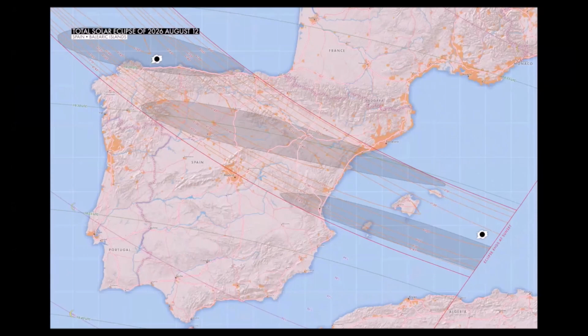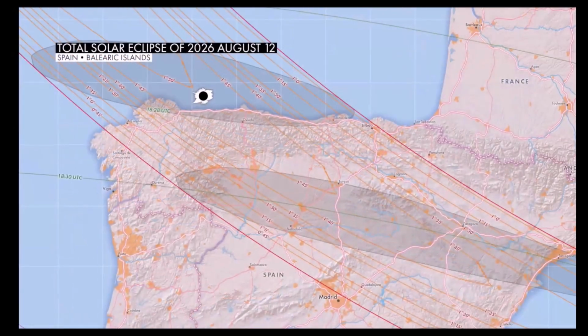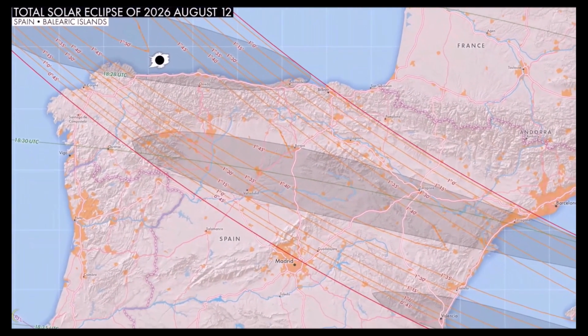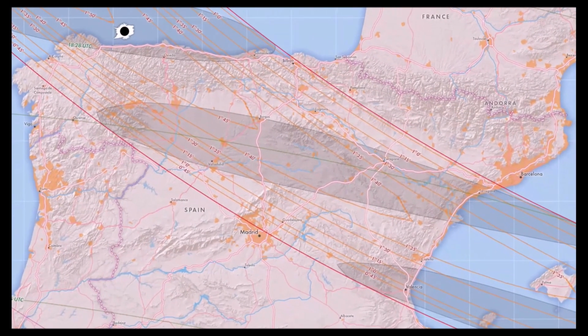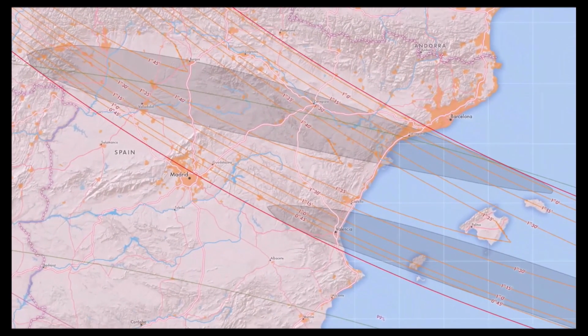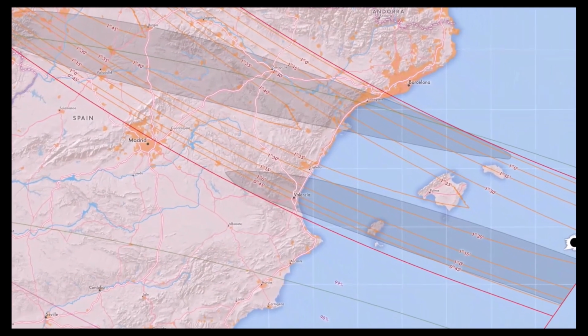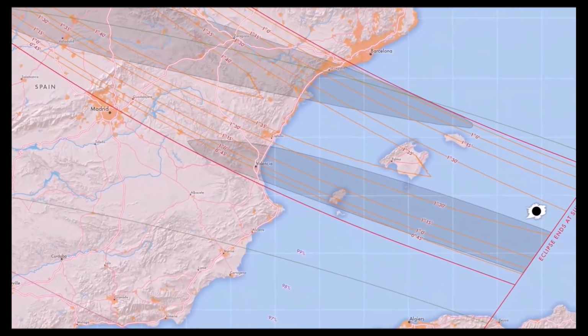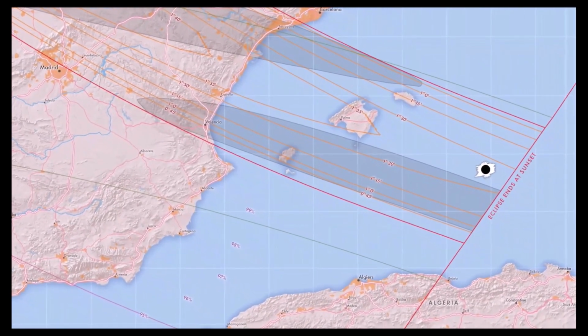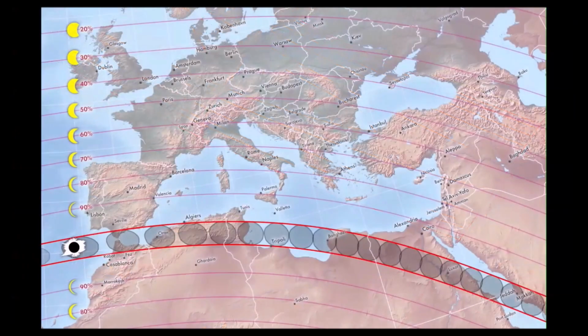So here's a little more detail on the next total solar eclipse in Spain. And after, even more detail, you can see that since the shadow is at such an oblique angle, it becomes very elongated. That happens at every eclipse. Shadows get long and skinny, both at sunrise when they begin and at sunset when they end. It's not a very long eclipse, but as I said, I travel the world to see a 1-minute eclipse because